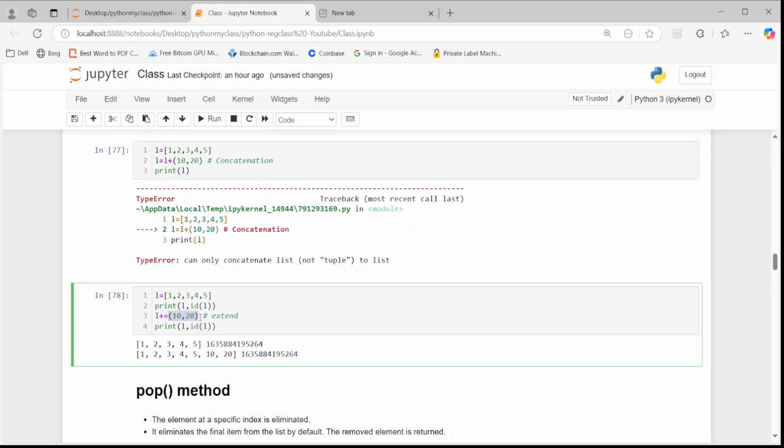when you're trying to perform the extend operation on a list, inside the extend method you have to pass an iterable. That iterable can be any iterable. It can be a tuple, list, string, frozen set, range, bytes, byte array, anything. Now